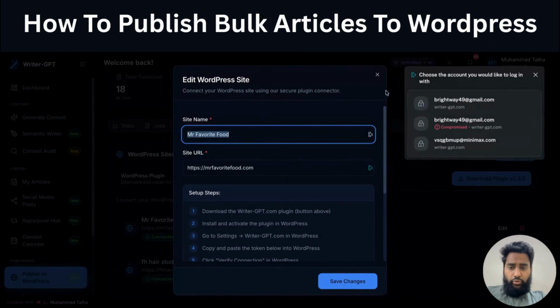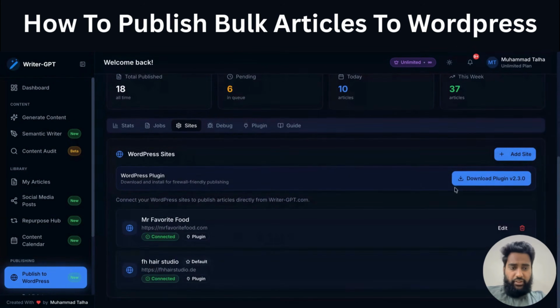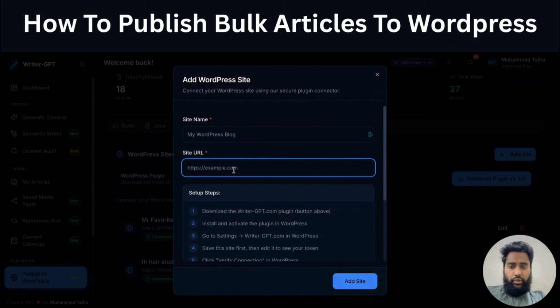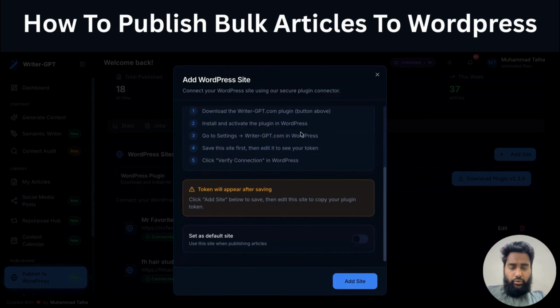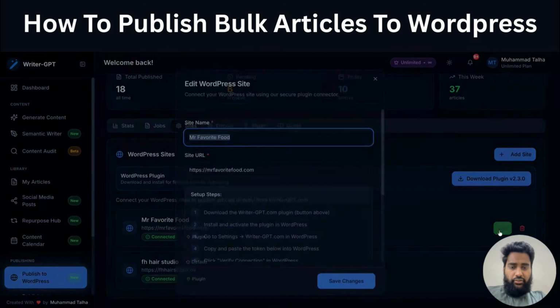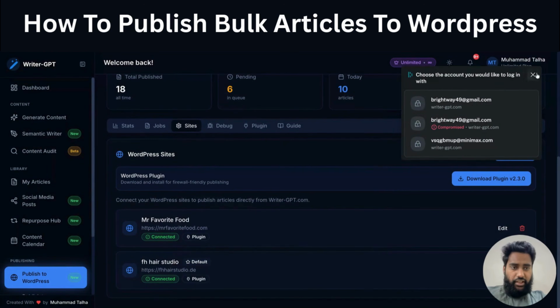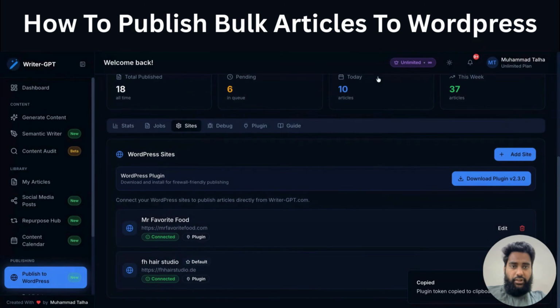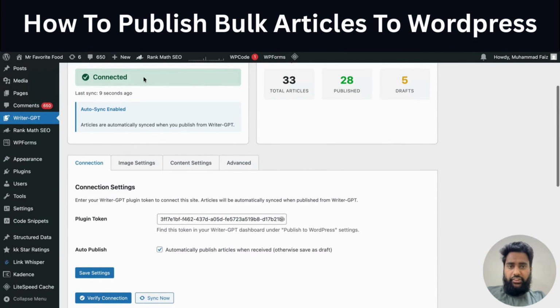Okay, first we need to go to sites. Here we need to add a site. You can enter your site name and simply the site URL. After adding the URL, you need to add the site. Once you add the site, then you will edit the site again, and then we need to copy this plugin token. It is generated after saving the site, so we need to edit it again in order to get this token. You can simply copy this token from here, and then in WordPress you can go to WriterGPT